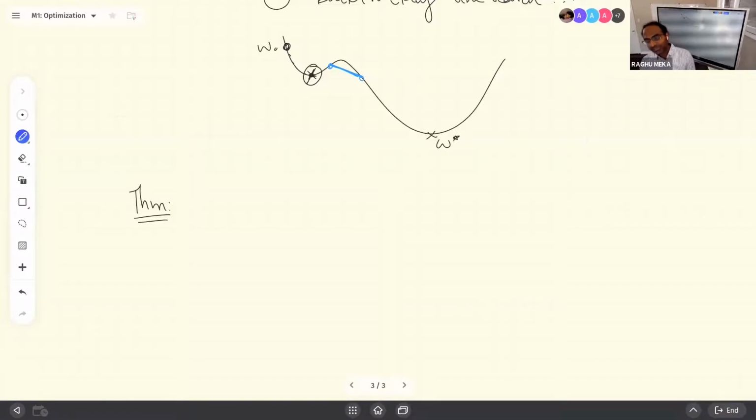And next Monday, we will again look at some applications of gradient descent and see how it actually performs and how we can tweak some things. Okay? So the main theorem for gradient descent is the following: if f is beta smooth and convex, then